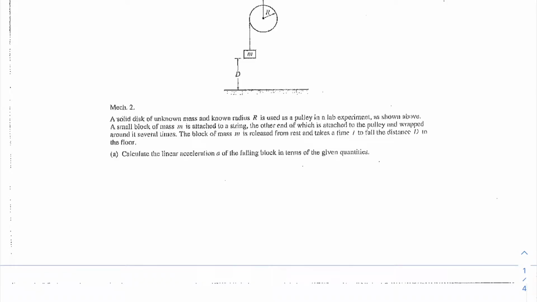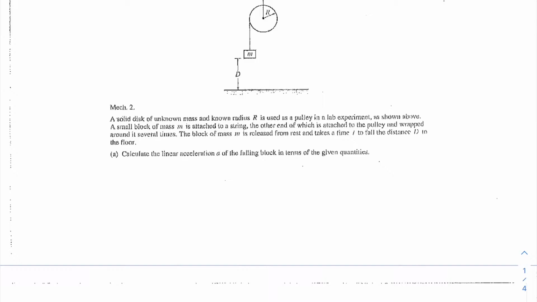All right, so in this problem, we have a solid disk of unknown mass and known radius r. It is used as a pulley in a lab experiment as shown above. A small block of mass m is attached to a string, the other end of which is attached to the pulley and wrapped around it several times. The block of mass m is released from rest and takes a time t to fall the distance d to the floor. In part A, we want to calculate the linear acceleration of the block in terms of the given